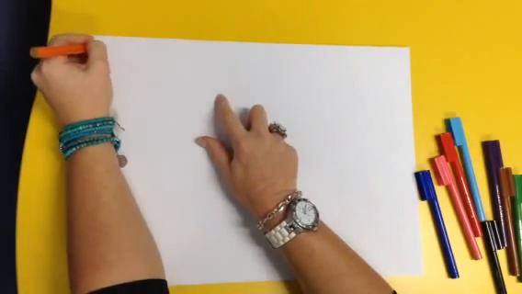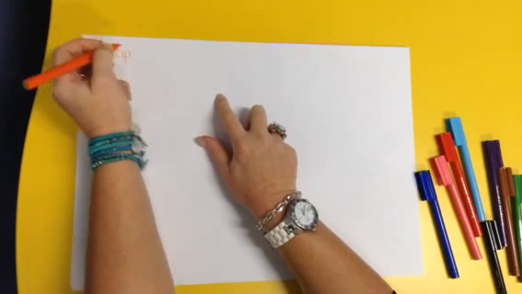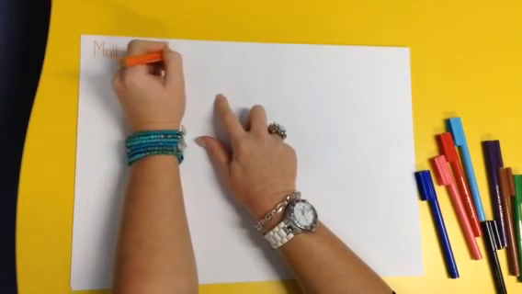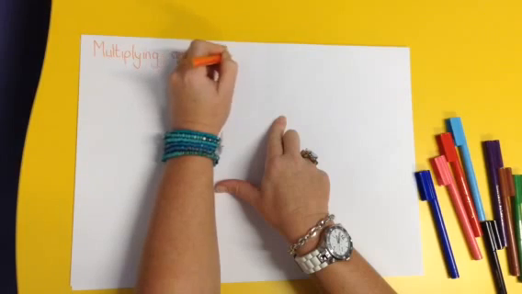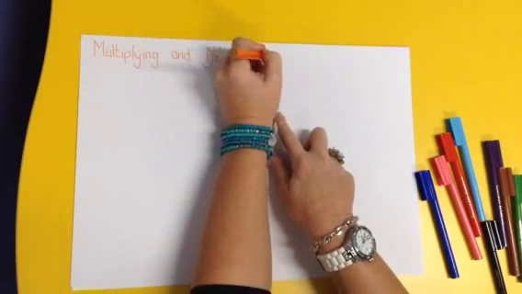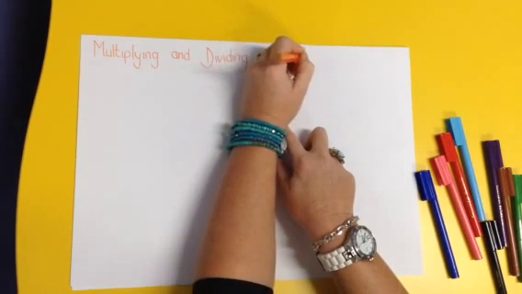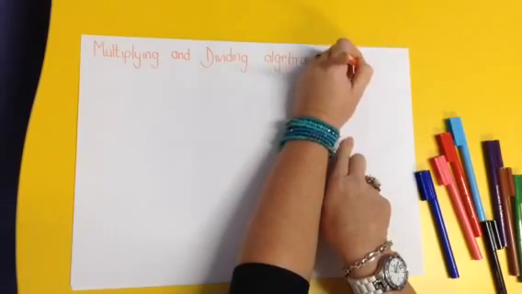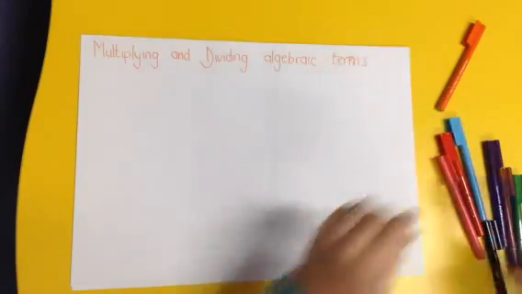So let's write a heading. Please write this in your journals so that you can refer back to it because you will need to. Multiplying and dividing algebraic terms. Okay, so what you've got to think of, we're first going to look at multiplying,